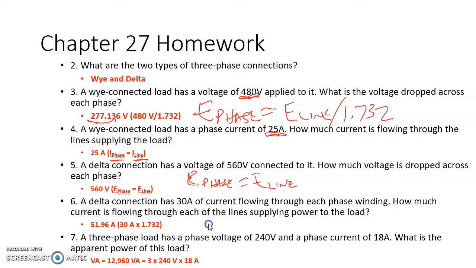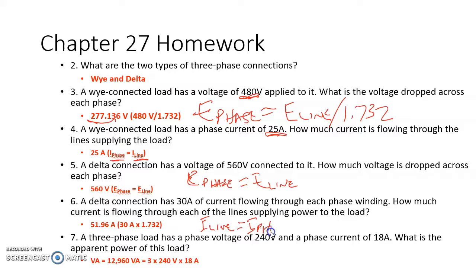Number 6, a delta connection has 30 amps of current flowing through each phase winding. How much current is flowing through each of the lines supplying the power to the load? So we're given phase current and we need to figure out line current, and this is a delta connection. In the textbook, it's page 630, around the middle of the page, and it shows that line current equals phase current